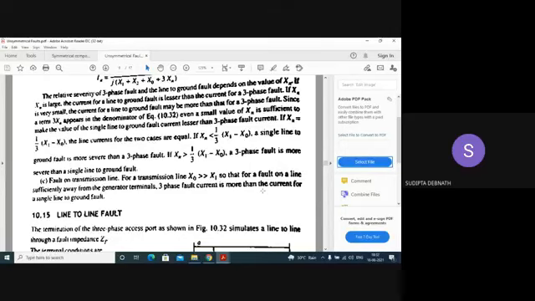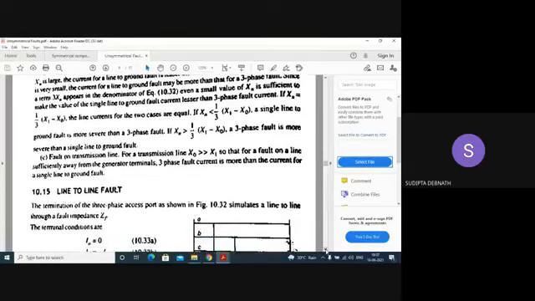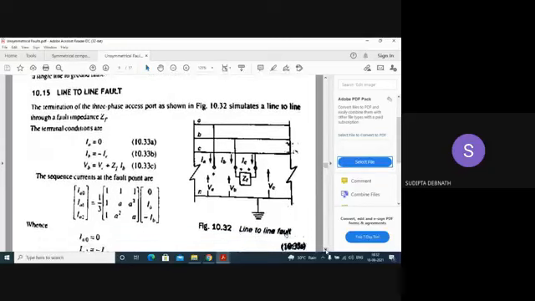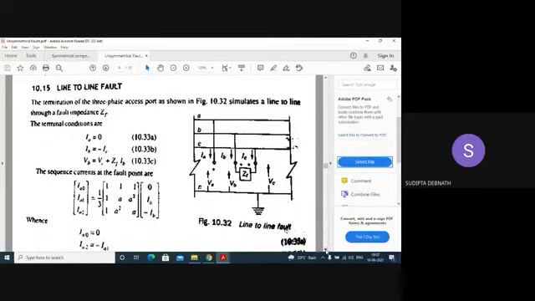Clear? Now, let us cover another fault because this is very short. Then I'll be able to cover the fault in the next class. Line to line fault. This is a non-ground fault, or ungrounded fault. The other two, line to ground fault, which you have seen, is a grounded fault. Another fault is the double line to ground fault. Here, phase B and phase C are short circuited by a fault impedance of ZF. If this is short circuit connected to the ground, then it becomes a double line to ground fault. But this is not the ground fault.